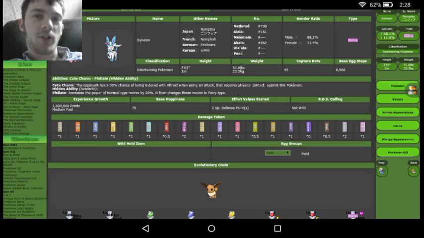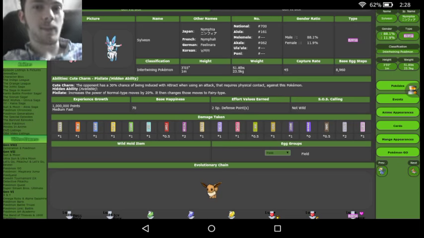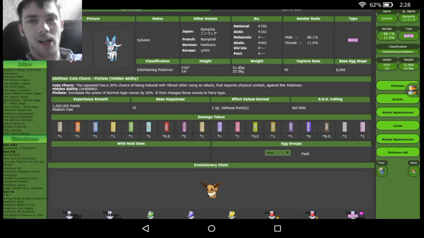Sylveon is one of the many fairy types that exist now. In fact, I'm pretty sure that type has basically taken over psychic types and split it half and half. Sylveon is actually very useful. It's a Pokemon that a lot of people especially love,